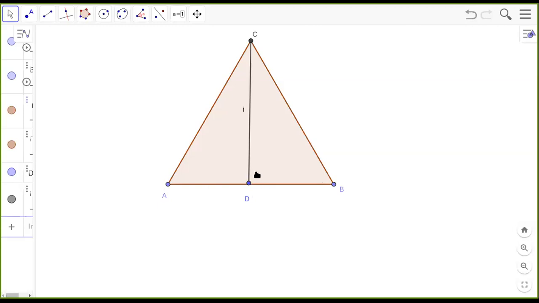Now because this is a perpendicular and it is a median also, can I apply the Pythagoras in any of these two right triangles? The two triangles that you get are right angled, because you've drawn a perpendicular. And because it is an equilateral triangle, the altitude and the median are the same. In no other triangle are they equal. So apply the Pythagoras in any of these right triangles, and you will get the measure of the altitude.